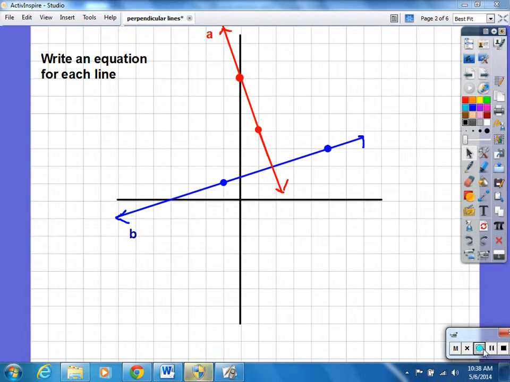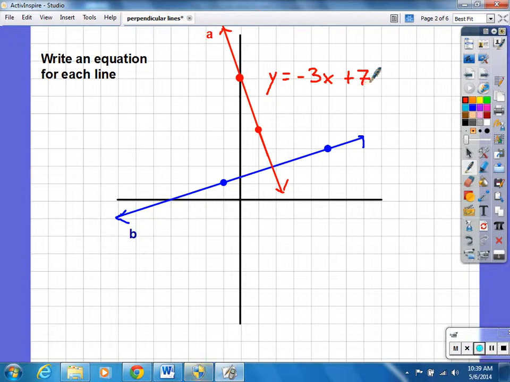Everybody, we are going to review today what we started talking about on Monday about perpendicular lines. So let's all look together here at line A. We can very easily write an equation for line A because we can quickly identify the y-intercept. The y-intercept is 7, and the slope goes down 3 over 1, which makes the equation y equals negative 3x